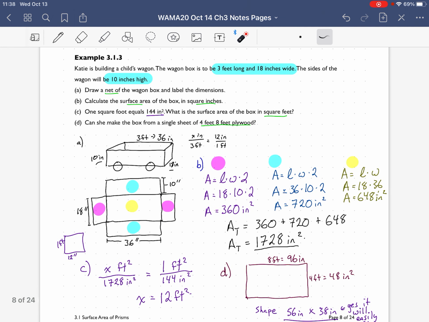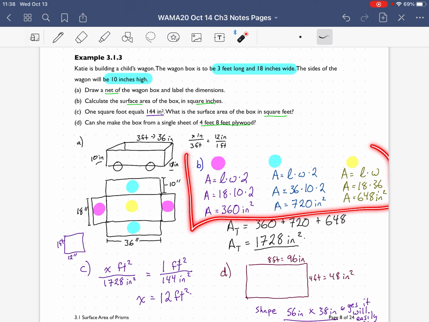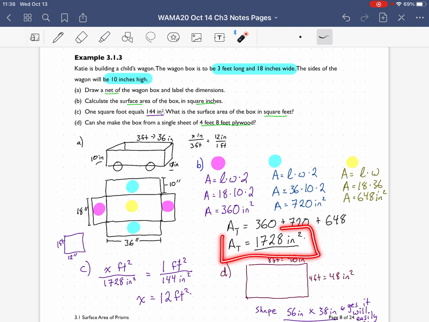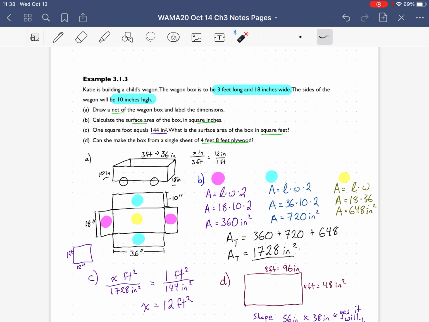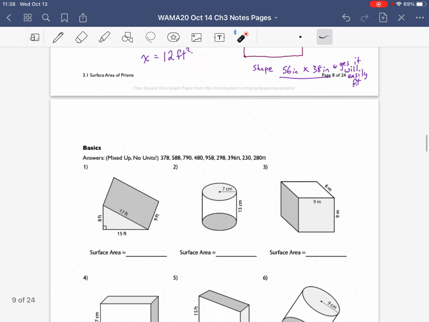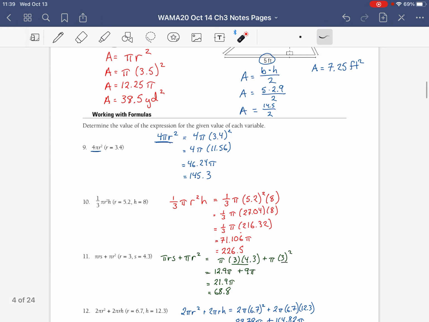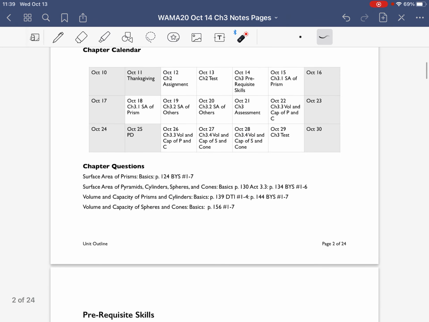All right, so again, follow the steps to solve the question. Read the question, identify the information, identify what questions you're being asked about. Make sure you draw your diagrams. Show all your math work. Make sure your answers have units. And make sure you answer every question asked. All right, that's all for section 3.1. You should be able to do these basic questions. And for 3.1, you should be working on